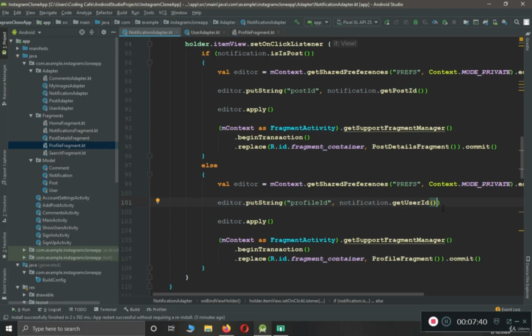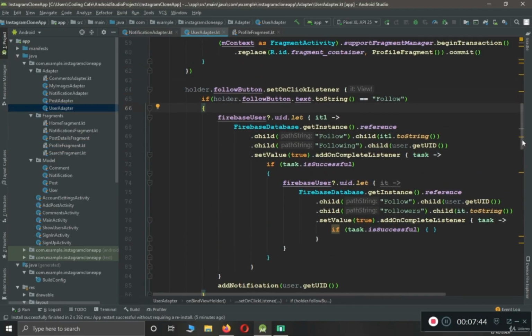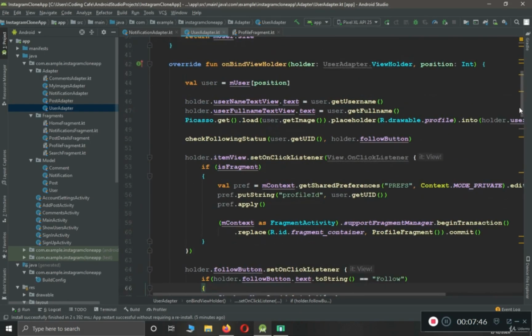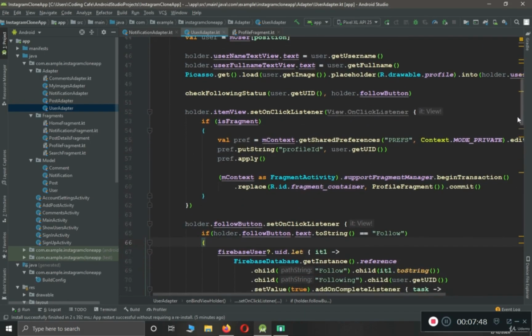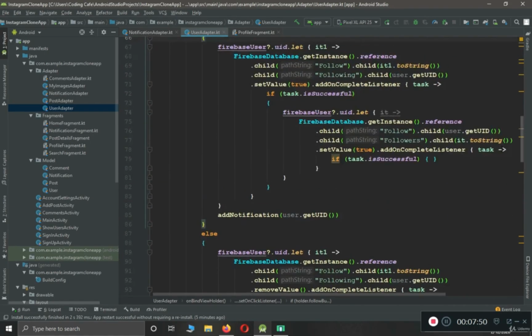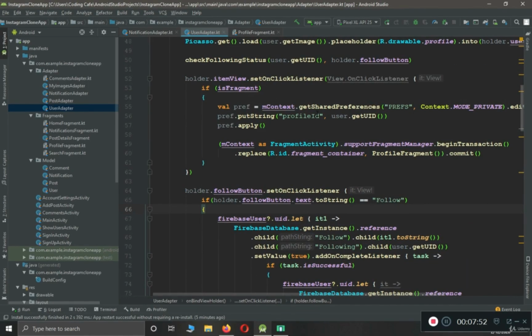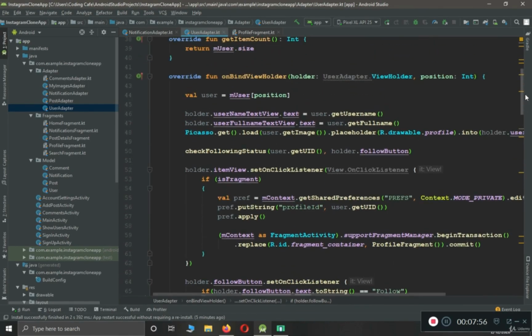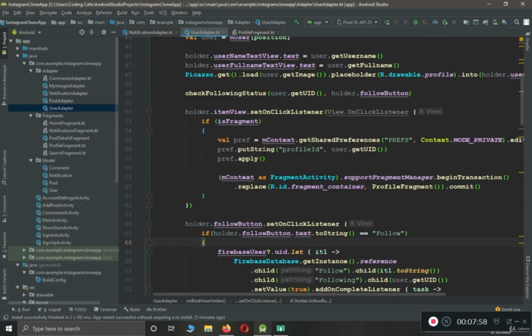So once you do that, the next thing is come here to the user adapter, and just remember one more thing. Let's just complete this so that from the next video we will start on the stories. Here you can see inside our user adapter, inside the function which is onBindViewHolder, if fragment, then execute this code. Otherwise,